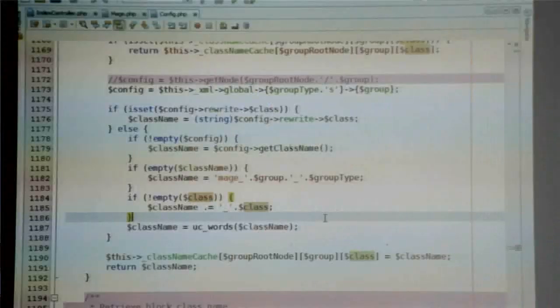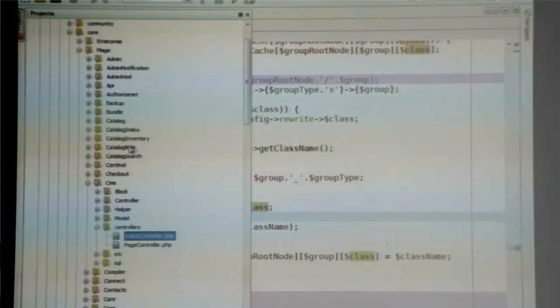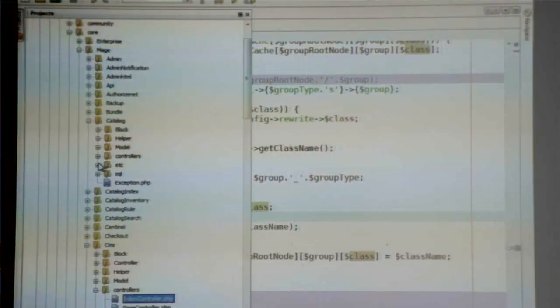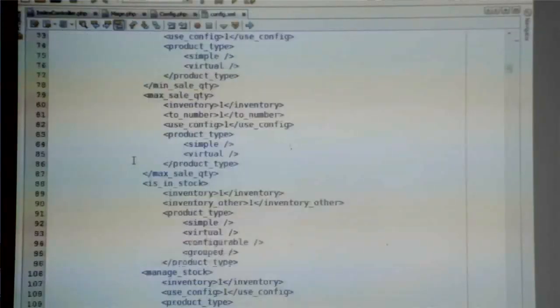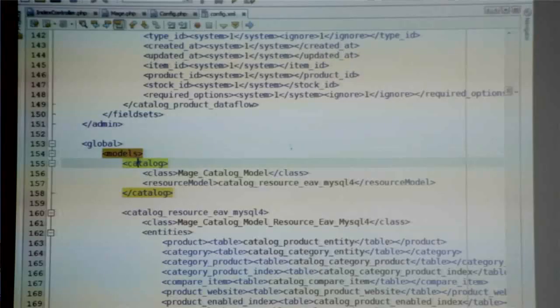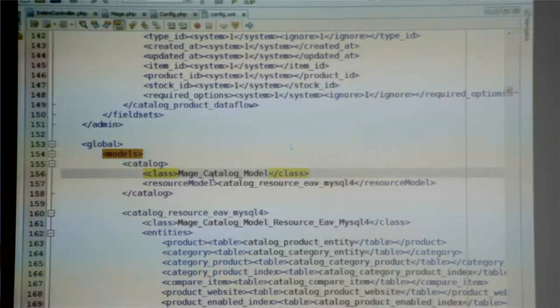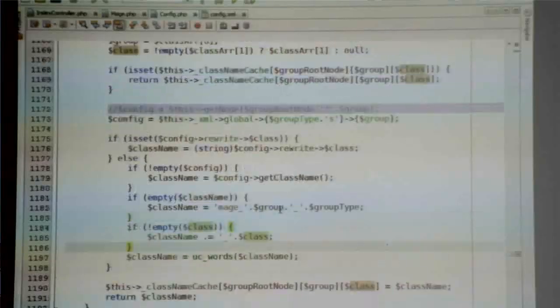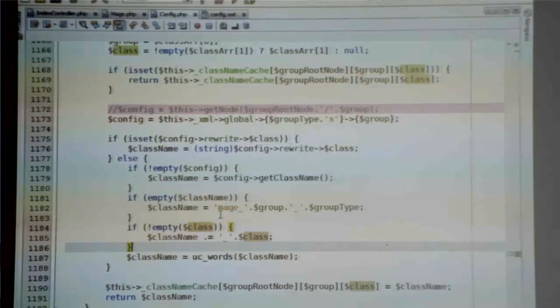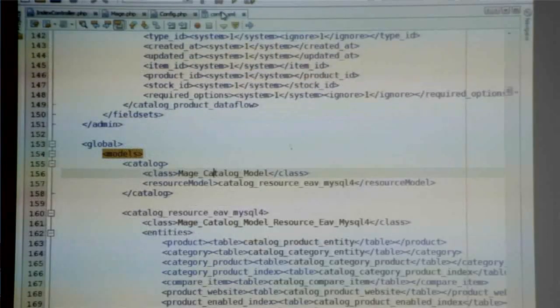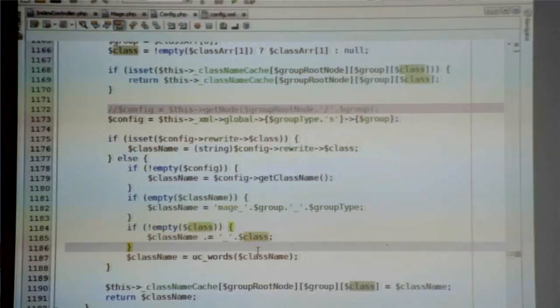So in our case, if you look in the configuration under Mage catalog, etc config, models, catalog, class, this is how we sort of resolve our way here. From this, we get Mage catalog model as our class prefix, and we append the class that we passed in,